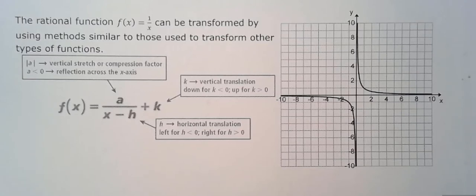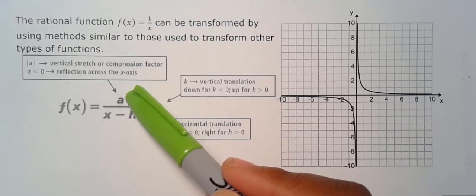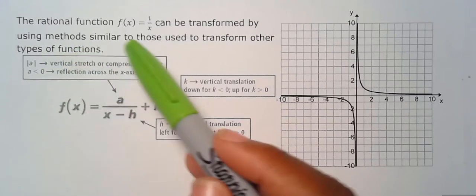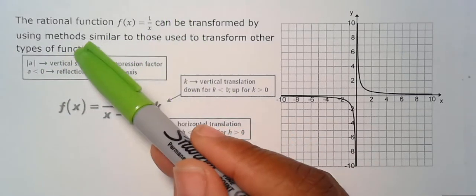So this f of x equals 1 over x can be transformed by using methods similar to those used to transform other types of functions. So here is our definition. F of x is equal to a all over x minus h plus k, where our a, whatever that number happens to be, when we take the absolute value of it, either it's going to stretch vertically